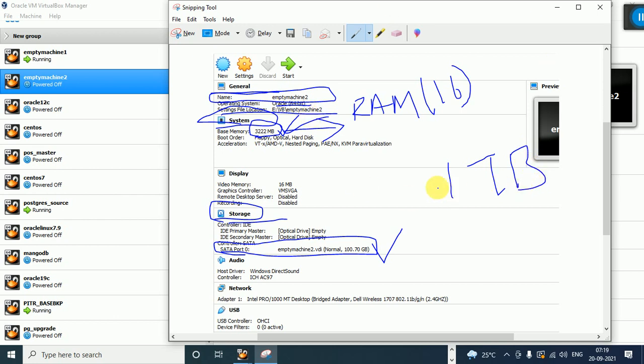Out of 1 TB, I assigned 100 GB to this machine. Where can I find it? Under the storage section, last SATA port 0. You can see 100 GB.